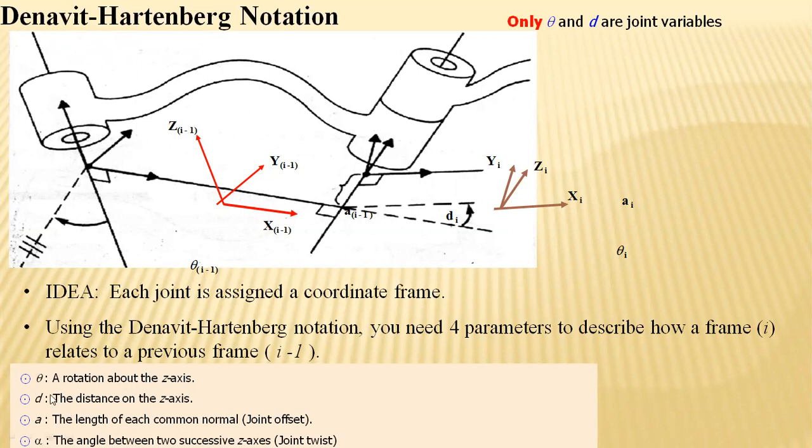And based on the rotation as per the theta value with respect to a certain axis, that will be compared. The end effector position will be changing from the initial position to the changed position based on the theta value. And that changed position will be compared with respect to the base value if the coordinate frame has been shifted. And that is the distance on z axis. And the twisting angle, the angle between two successive z axes.